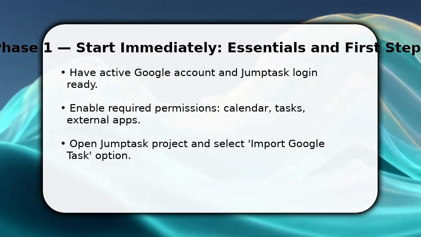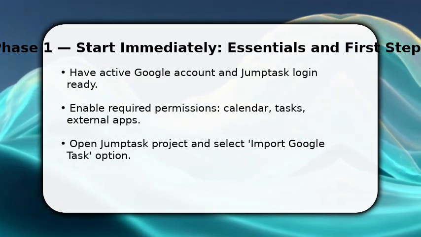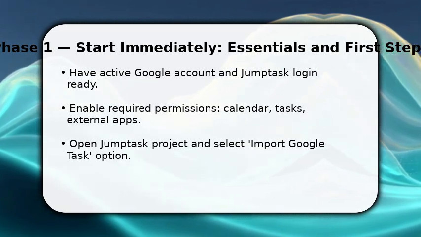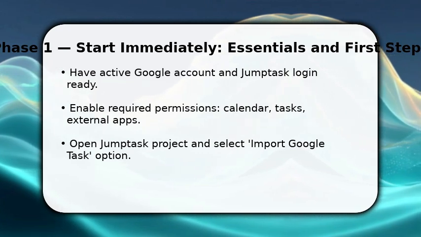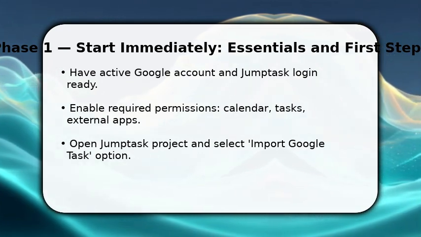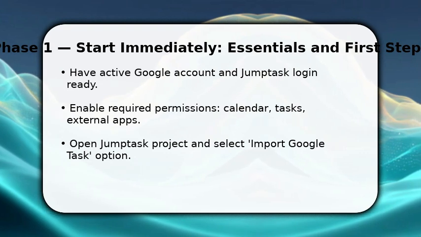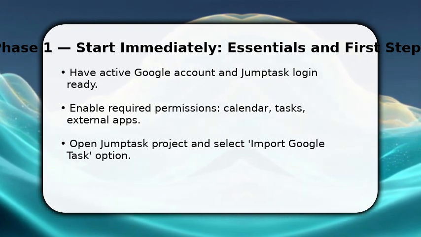This connects their API to Jumptask. Once done, choose the Google task list to bring in. Make sure to pick the correct account if you use multiple. You're initiating the sync. This is the first actionable move that creates the bridge between Google Tasks and your Jumptask